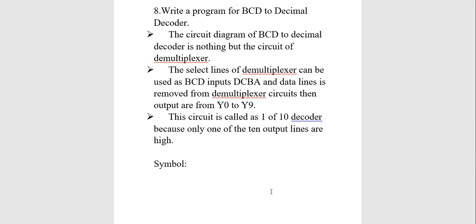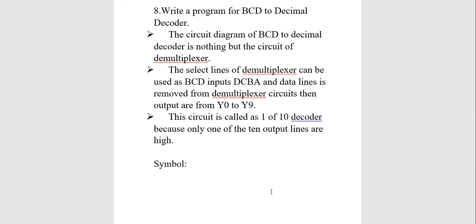First of all, what is a decoder? A decoder converts a BCD code into a decimal number. So what is the use of a decoder? Whatever the BCD code is, that code is converted into a decimal number. The decoder circuit performs exactly the reverse function. That is, it will accept the input, and depending upon whatever input you have given, the desired standard output will be given back to the user.